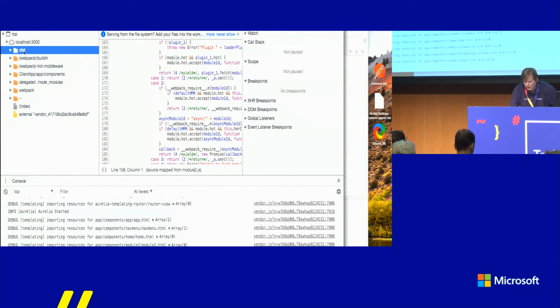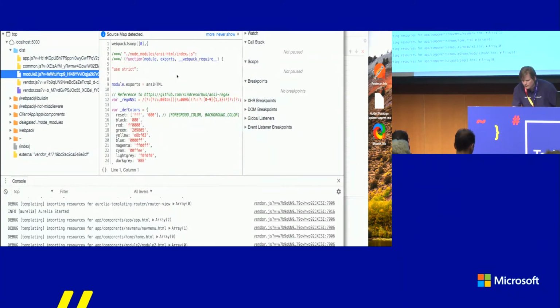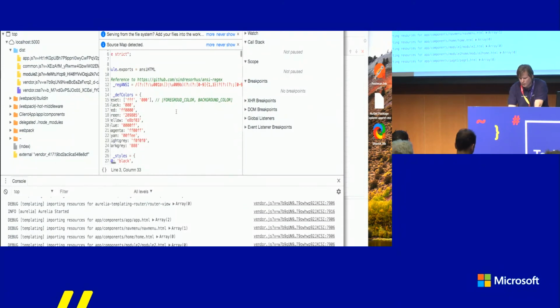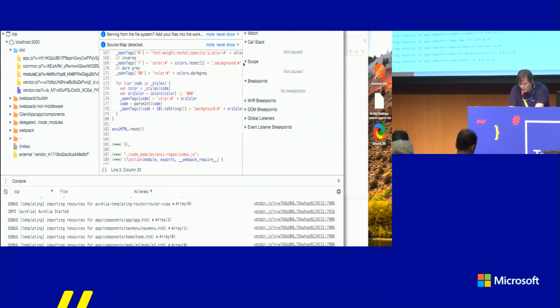We go into our dist folder, which is where my JavaScript code is. You see that module2.js here. And as you can see, it uses this global function, which is called webpack JSON-P, which allows you to add stuff to the runtime while it's running. And we have a couple of modules here. Some of those are external modules that I'm using, but we should also be able to find